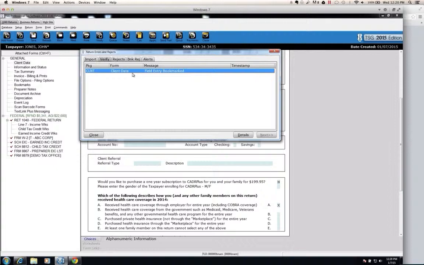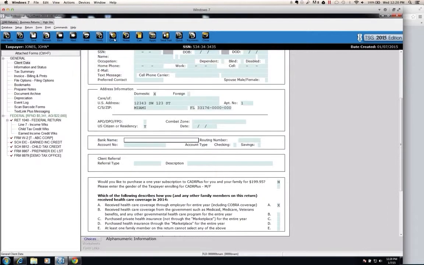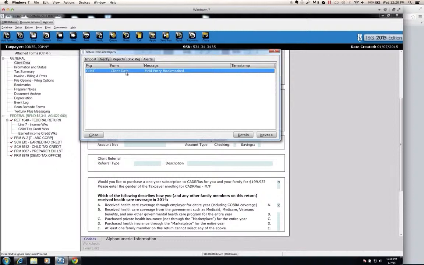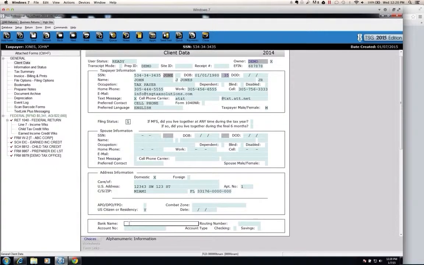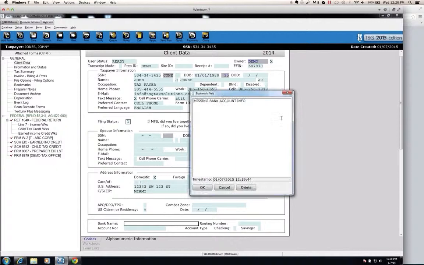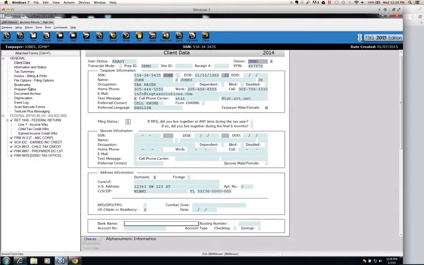So it will not allow me to transmit this return until this issue has been addressed. If somebody comes in here and says, well, this return is ready to be transmitted, let's go ahead and send it through, and they try to transmit it, it's going to come back with this error. Then it's going to automatically take them to the field where that bookmark is. At that point, they can right click on the field and click on bookmark to see what the issue is, and we'll see here missing bank account information,